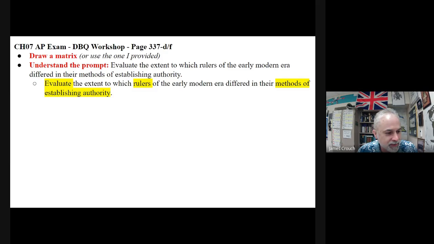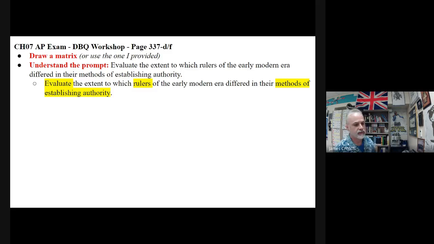How about this? I liked Caitlin's response better than anybody's. Caitlin's response was my favorite. Do you see how I evaluated it? Okay, so evaluate the extent to which the rulers of the early modern era differed in their methods of establishing